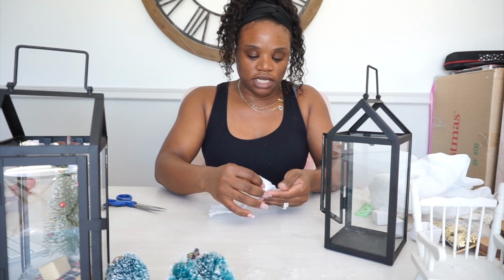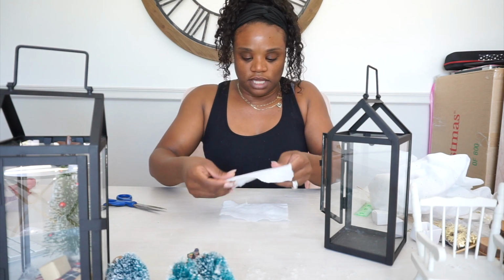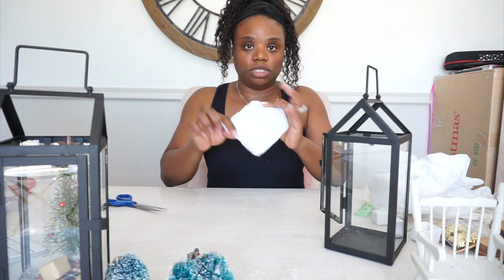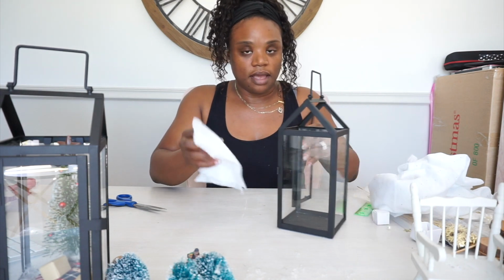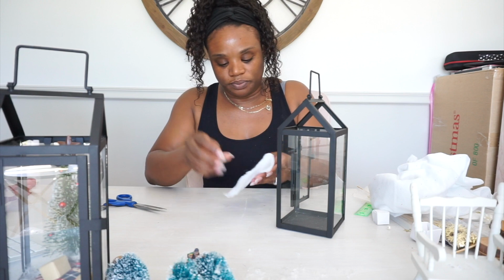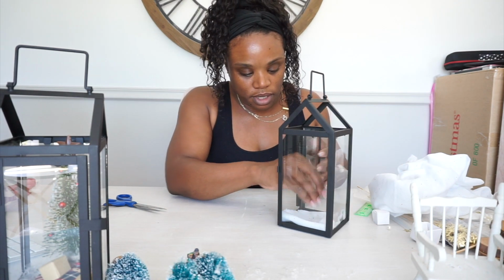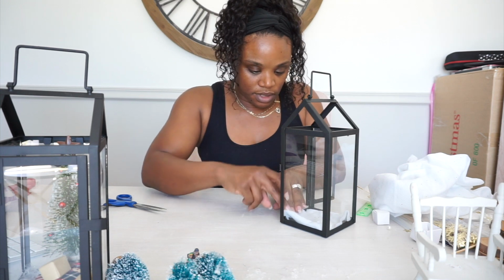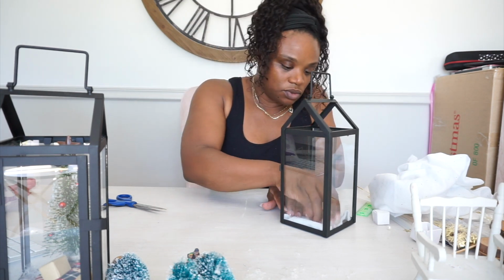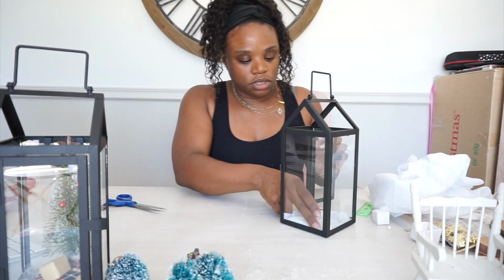But the plastic shavings sometimes get kind of messy, and these that I have are kind of clear, so I really wanted my snow to show up, so I went ahead and got this backing. So we're just going to make this fit right in the bottom, and I probably will still put some of my plastic shavings on top once I get everything in, but I do want to just make sure that